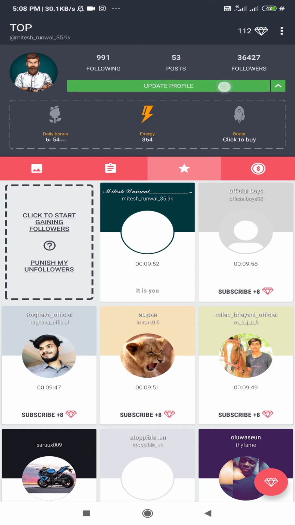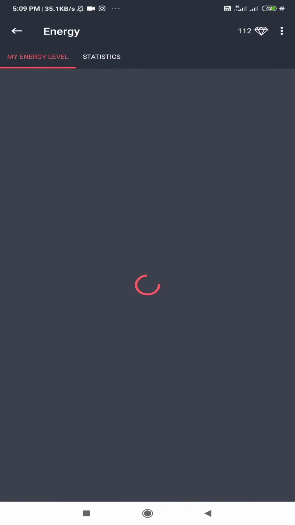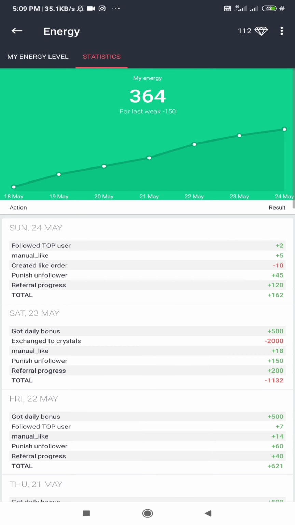Actually per day I earn thousands of followers. Okay, how much time you will spend on this application, that much followers you will gain. So better you just have to enter my referral code so that you will get followers easily. If you didn't write my referral code, then you will get lots of problems working this application. Okay, so better use my referral code, which I have even given in the description.